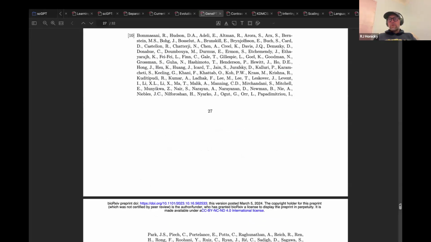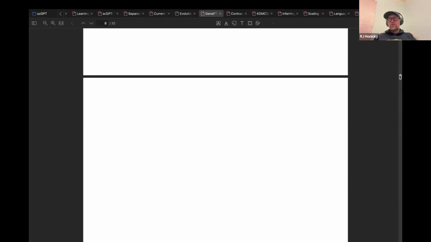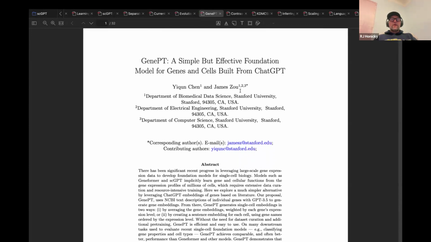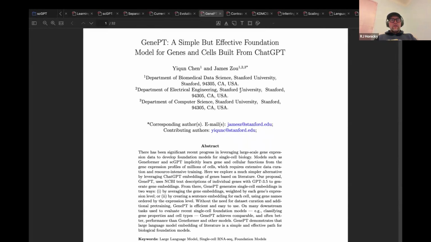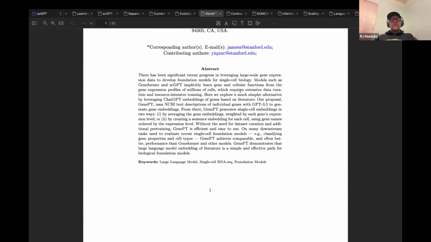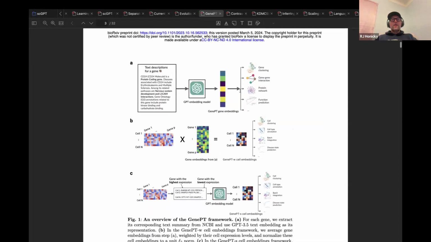All right, awesome. So the paper that I'm gonna go over is this GenePT paper. Basically, the concept is to use the GPT embedding. I haven't tried it yet, but presumably you could do this with any embedding. And so what they do conceptually, there's a good diagram here, is that first they just take a